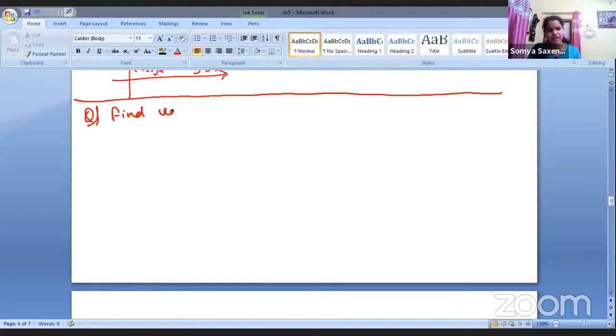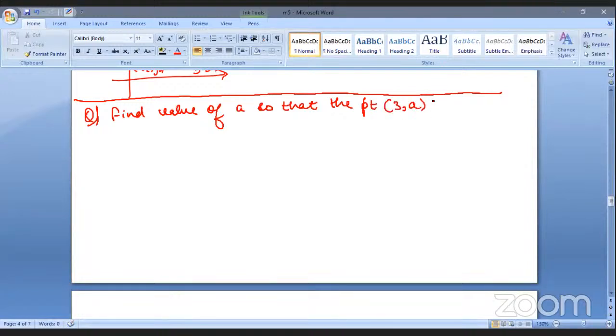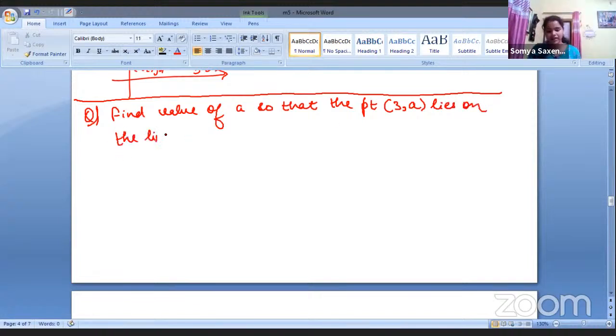Find the value of A so that the point (3, A) lies on the line represented by 2x minus 3y equals 5. Now,